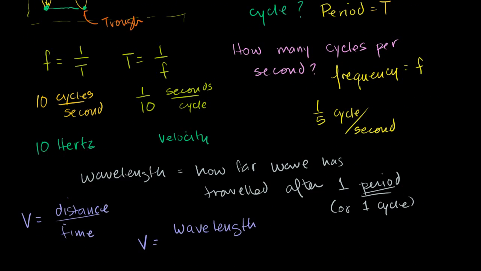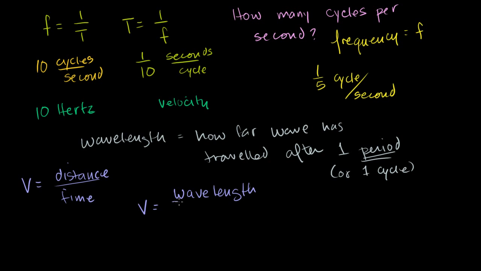So I've traveled a distance of a wavelength, and how long did it take me to travel that distance? Well, it took me a period to travel that distance. So it's wavelength divided by period. Now, I just said that 1 over the period is the same thing as the frequency. The notation for wavelength tends to be the Greek letter lambda. So we could say velocity